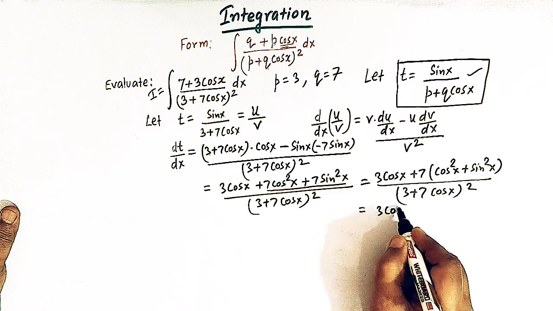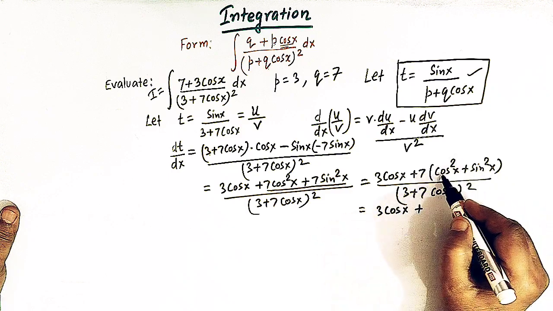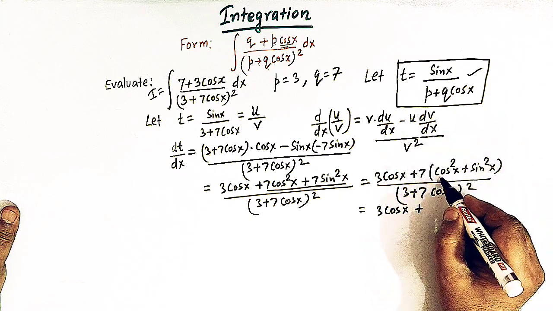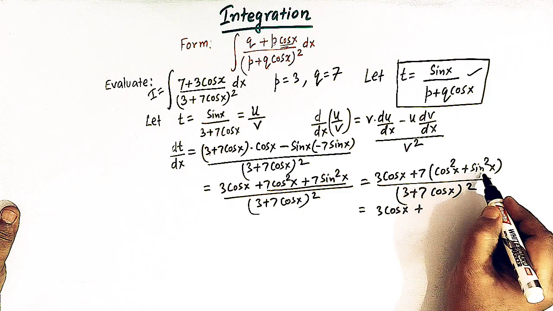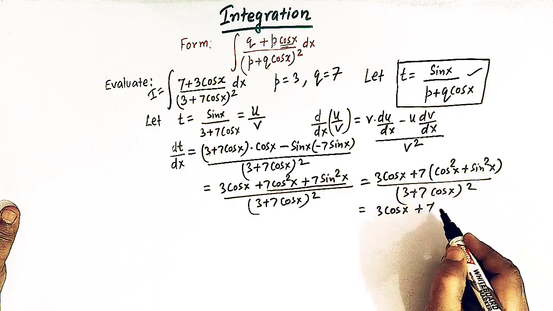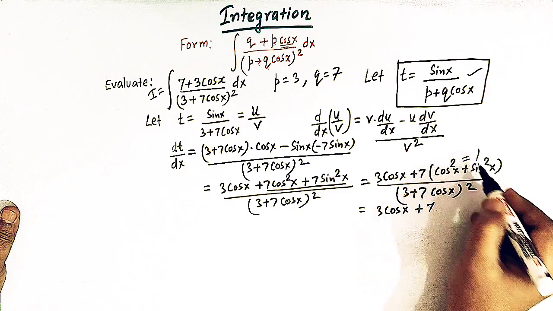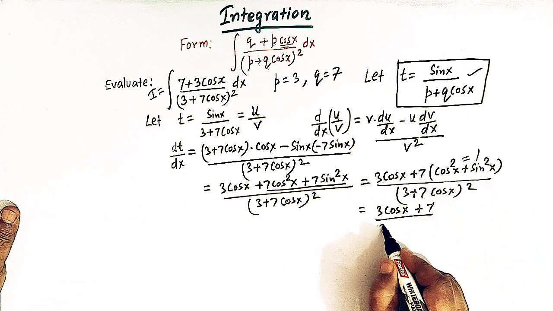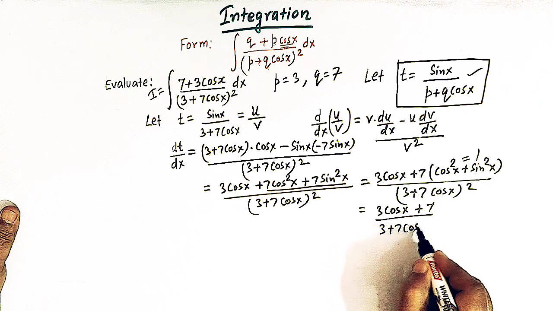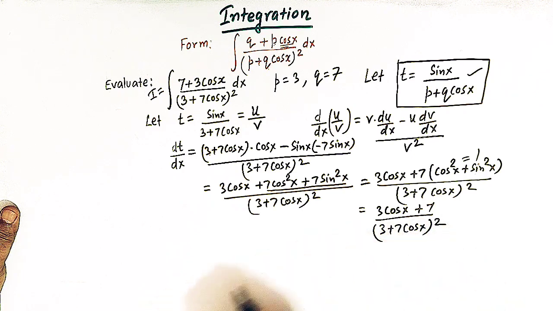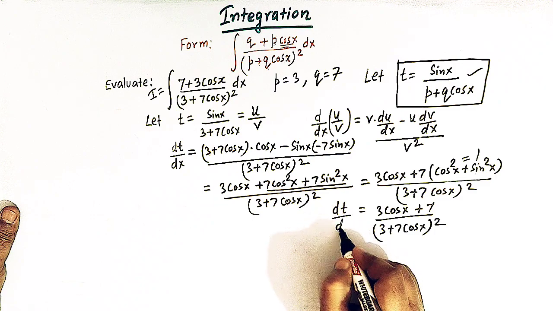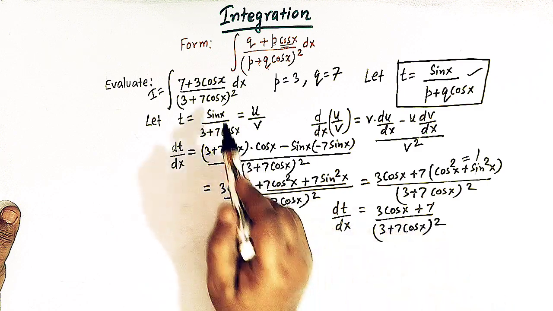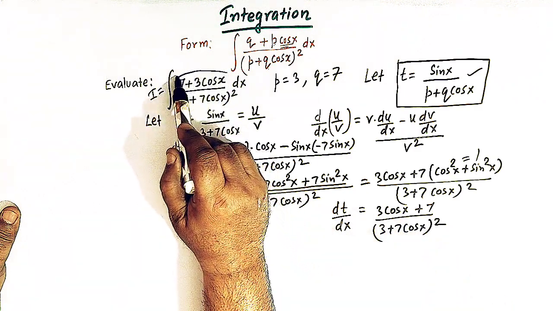So this is 3 cos x, and this is the famous trigonometric identity, that is cos square theta plus sine square theta is 1. So here we have 7 times 1, because this expression is equal to 1. So we have 7 times 1, which is 7, and here we have 3 plus 7 cos x whole square, right? So we have dt over dx is equal to this expression,